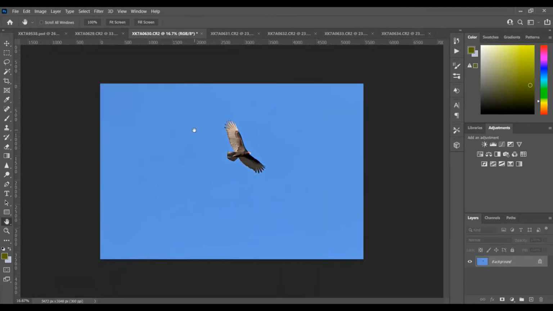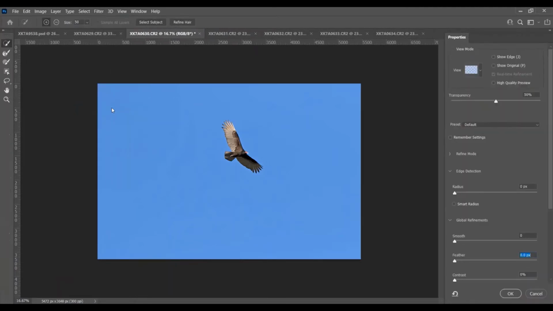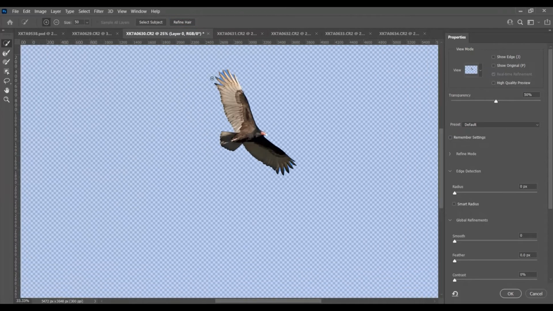Now the next image, again we will do the same thing. Select and Mask. Select Subject. Normally it does a good job. So you can see it has done a good job. Say refine here. You can change the radius if you want to see that it gets selected perfectly. You can do it with the brush too.